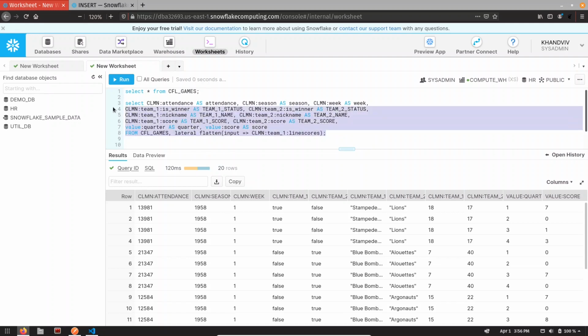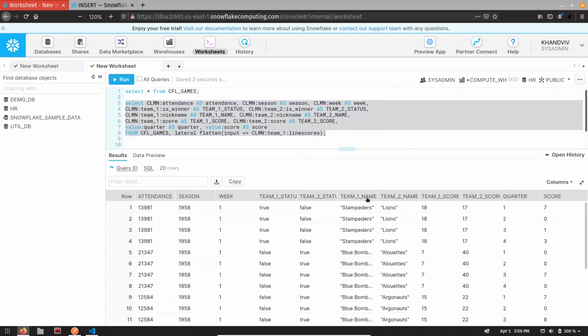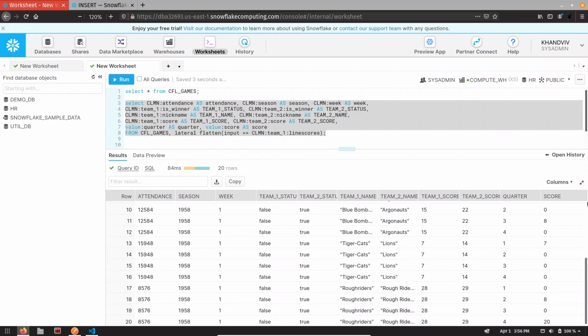Now let me run it. You can see we have successfully been able to alias these columns.